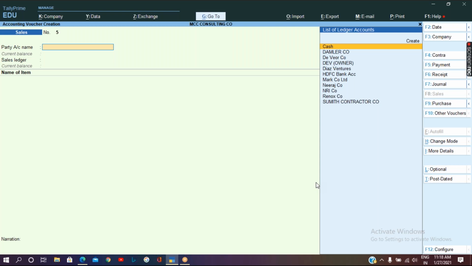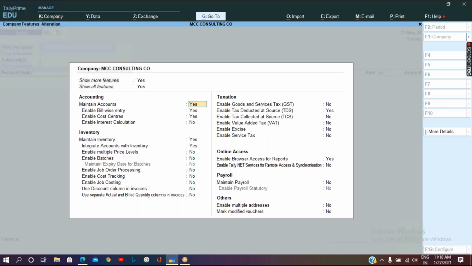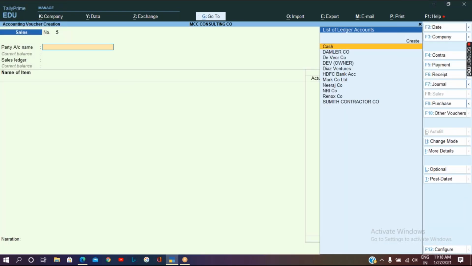How can I add two different columns, where one column is how many stock I'm giving and the other is how many stock I'm charging? For this, I have an option in F11. There is an option under inventory as use separate actual and billed quantity columns in invoices. So make this option as yes and accept the screen,